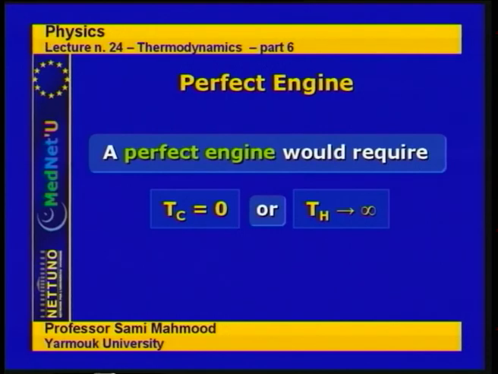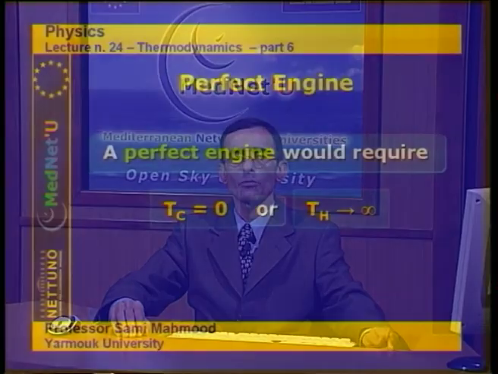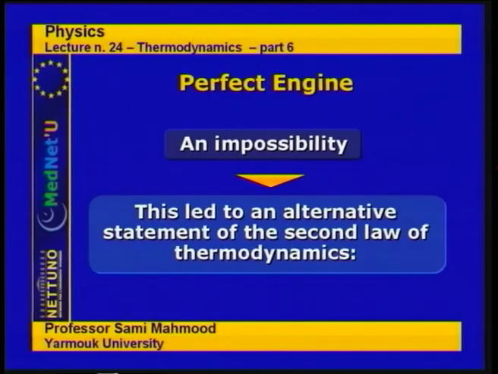And that is also impossible because we cannot provide the system with an infinite temperature, because it simply does not exist, or it will melt everything. So that is also impossible. So these conditions are impossible to obtain, and this leads to an alternative